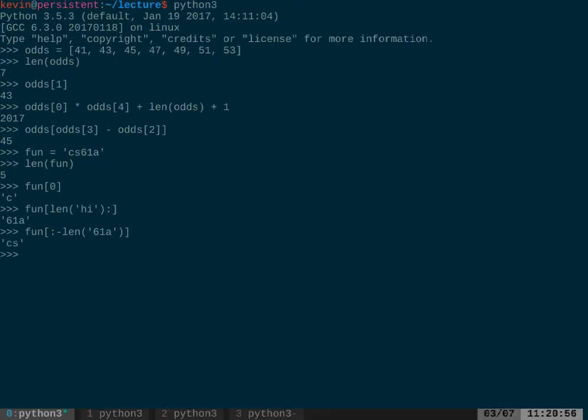Any questions about this demo? You want me to show you something new? Yeah. So when I remove the minus character from that, what can I get? Right, great question. What's your name? Algin. Yeah, Algin asked the question, what happens if I do this, length of 61A, right? So if I don't have the minus, what this evaluates to is I start from 0, and I go to 3. So I should get 3 characters out, and that'll be CS6. Great question.